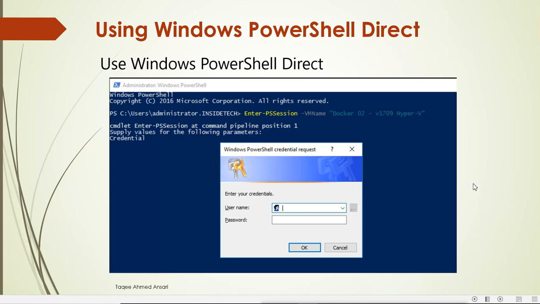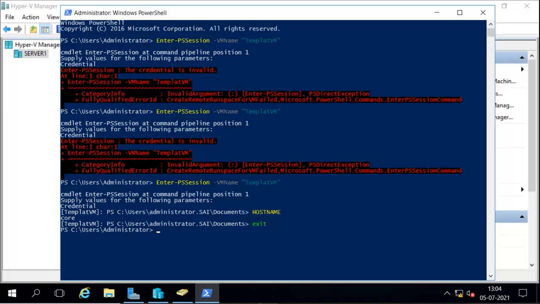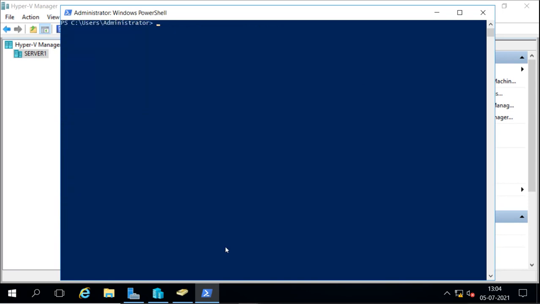And if you don't want to access it, you just want to run a command, then you can use Invoke-Command. You give the virtual machine name, and then a script block, and you can run any command there. That command will be executed on that virtual machine. So instead of accessing the machine, we can run the command on that particular machine by using Invoke-Command.